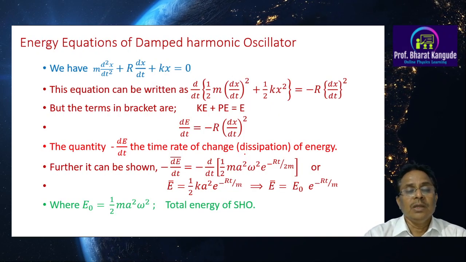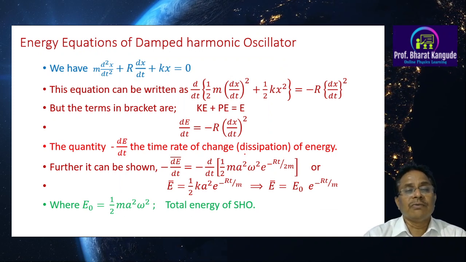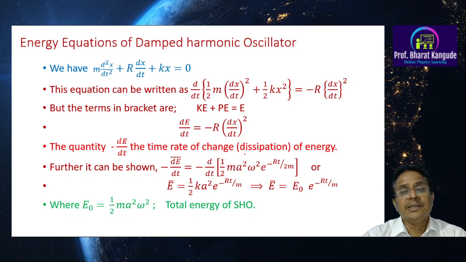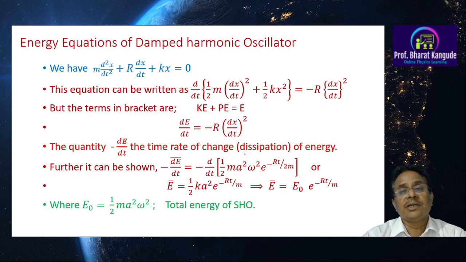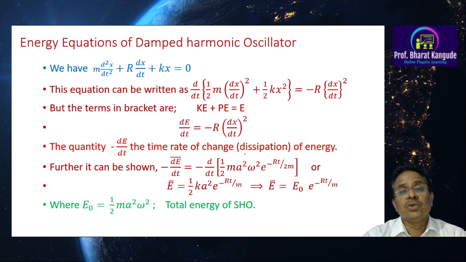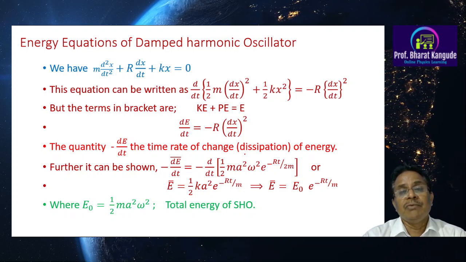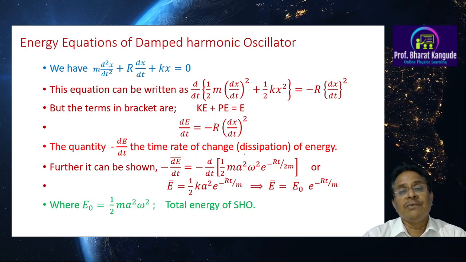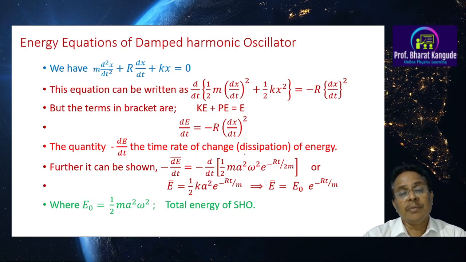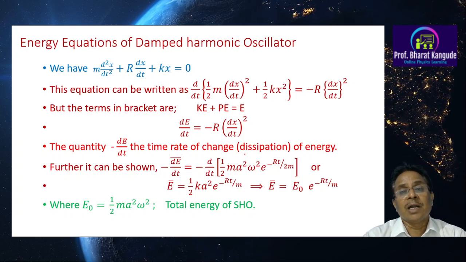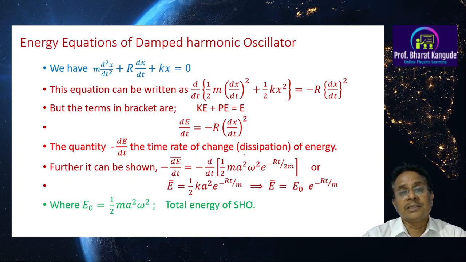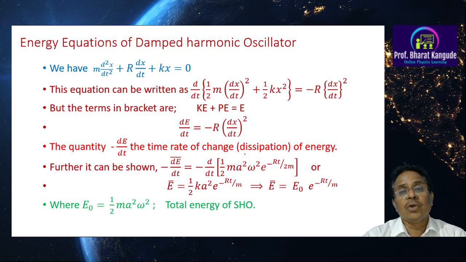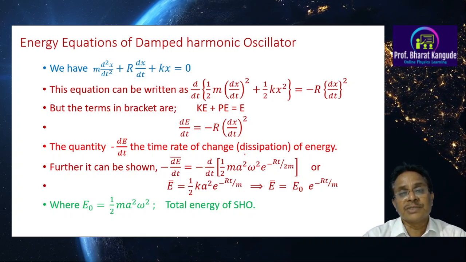Now, when we go for the energy equations of this damped harmonic oscillator, try to understand that in this case the energy of the oscillator doesn't remain constant. This energy goes on reducing, and thereby we are interested in discussing the rate of decrement of energy. In fact, we are going to calculate the average rate of decrement of energy, that is dE bar upon dt. Again, as I said, this is a long mathematical derivation, and steps in between we are going to skip here to save time.